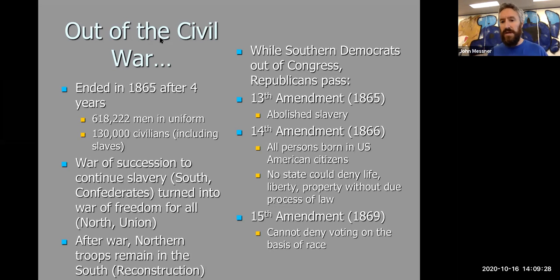There's a great movie and a great book called Team of Rivals about Abraham Lincoln. And then there's a movie just called Lincoln about that fight to pass the 13th Amendment. And unfortunately, as the war concludes in 1865, Lincoln is assassinated. But as one of the things to enshrine his legacy, in 1866, again, the Republicans are in Congress,